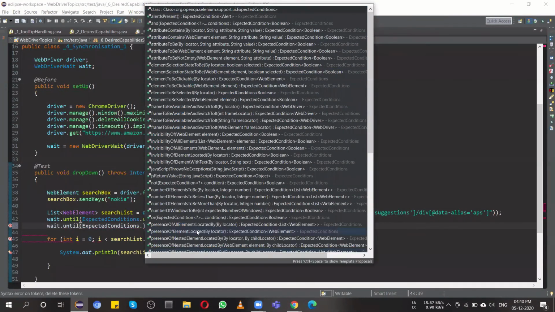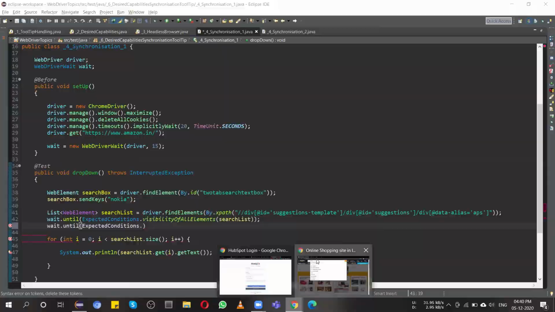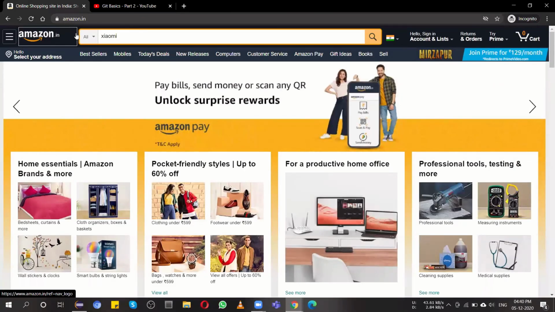Presence of all elements located, or over here frame is available or not. It might be possible, as we have covered frames, that this particular text box comes inside a frame, so you have to first switch to the frame and then deal with this text box.